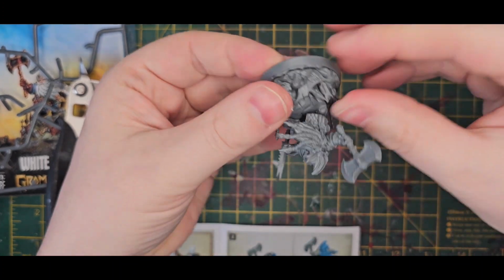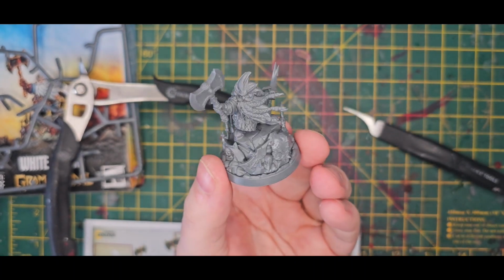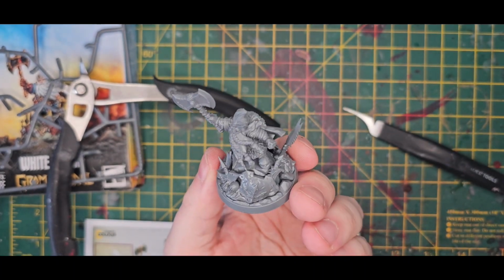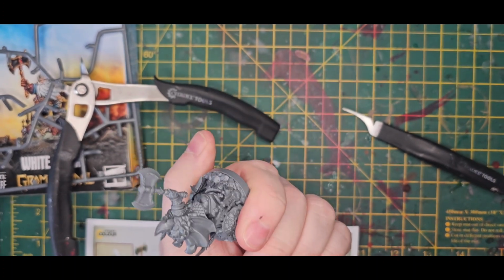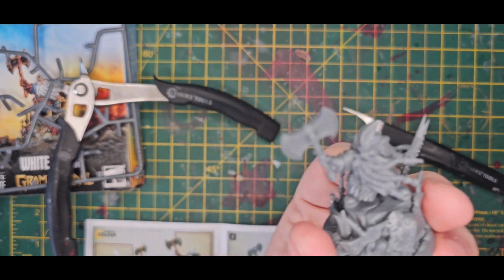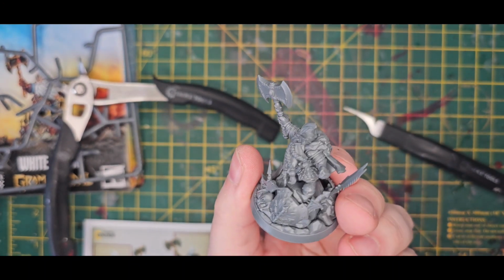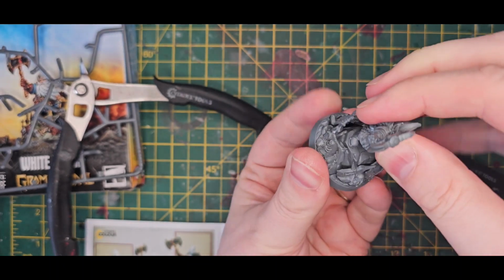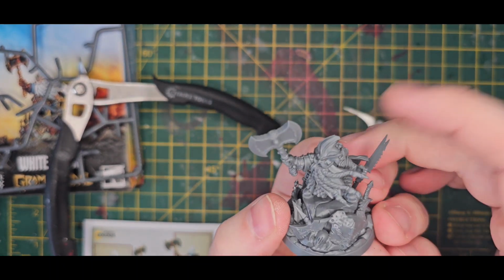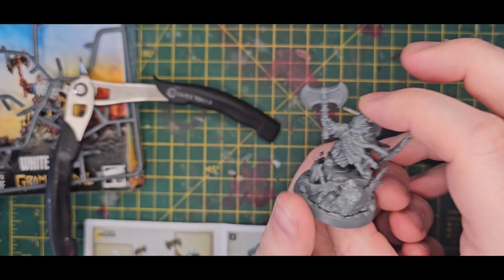There we go. Right, and there he is, the White Dwarf Grombrindal. Oh, he looks beautiful. I know I'm not particularly pleased that it's a push fit model. I think it creates too many gaps that need sorting out, but the actual model himself is darling. He is the White Dwarf. He's not the Age of Sigmar version of the White Dwarf. He is literally the White Dwarf